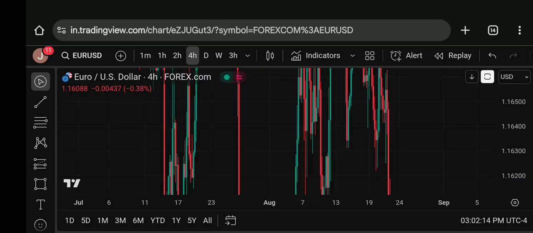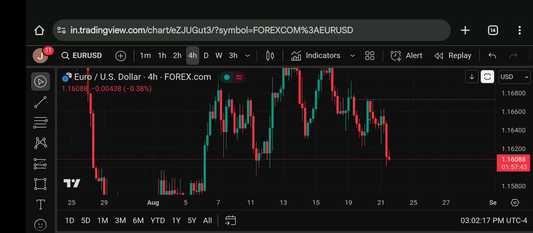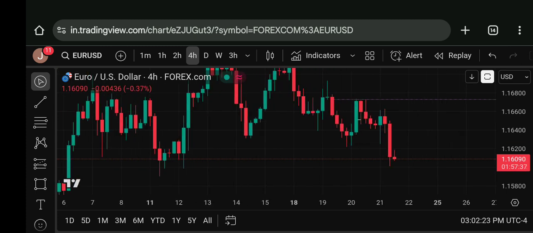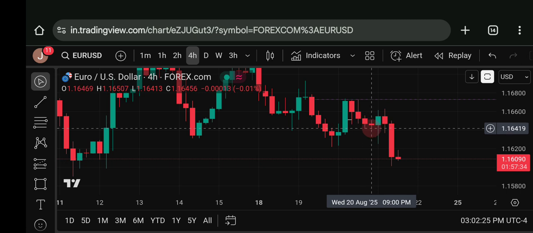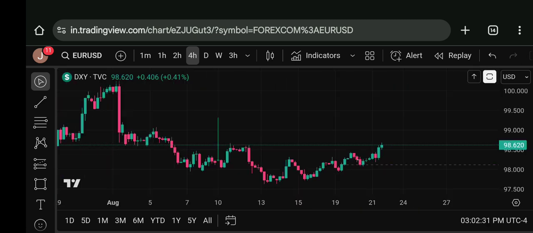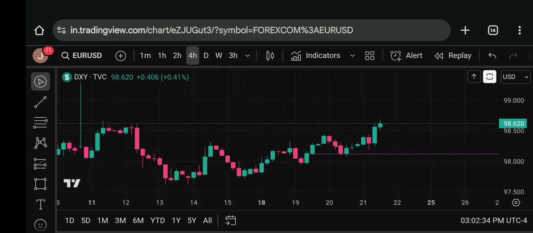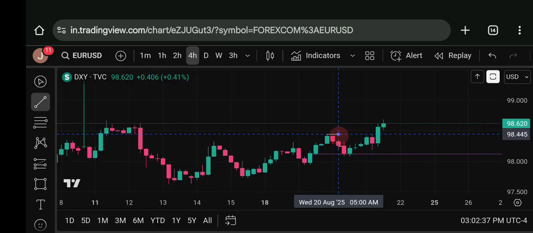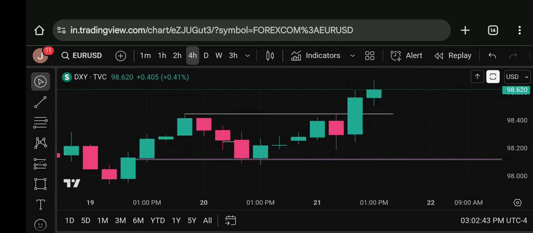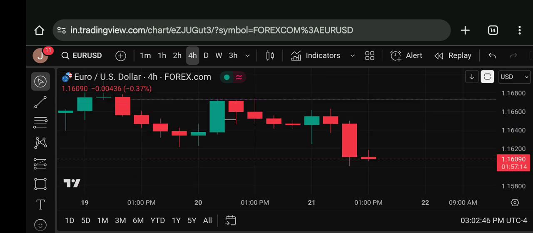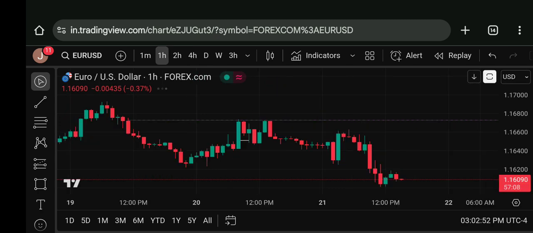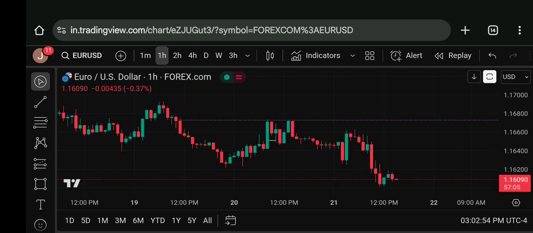So before that guys, why did I exit at break even? Because price was consolidating. I took this trade yesterday, but it was consolidating. You can see that here guys. So after that what happened was, our dollar index reached the draw on liquidity here guys. It reached the draw on liquidity, but this Euro did not reach the draw on liquidity here. Why? Because there was this